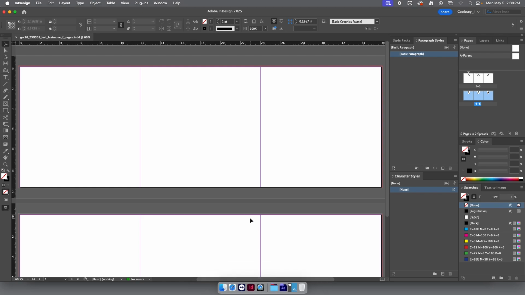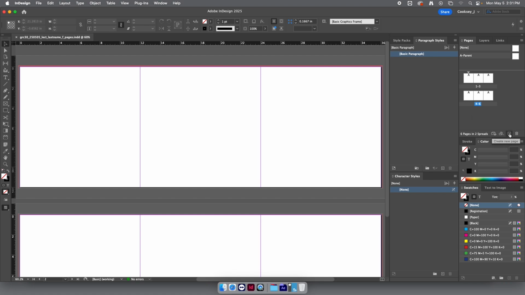And what if we wanted to design something like this? We wanted to see how our content flowed across the spread. Imagine this is all one sheet of paper. Could we do something like this in InDesign? Or maybe we're creating the top of a box. This is going to go over a box that's underneath it, and we're going to print around all 4 sides and the top. Can we do that in InDesign? We absolutely can. So I'm going to